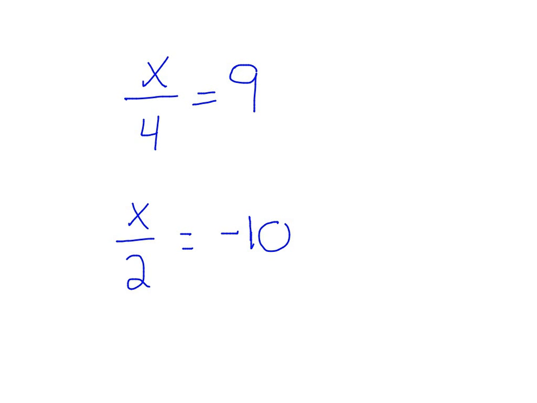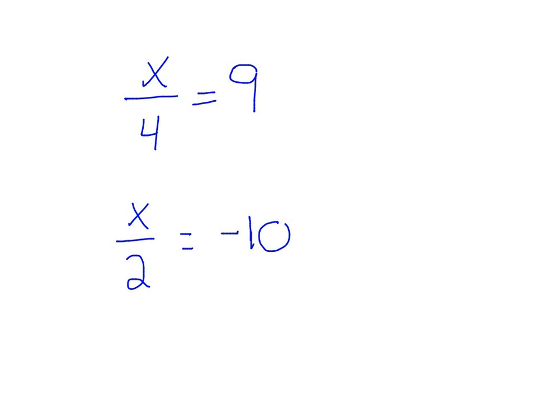Okay, pre-algebra, here are a few examples of the kind of equations you guys are doing tonight. Remember that we're always trying to get the x by itself. We're trying to isolate the variable on one side of the equation. So the way that we do that when we have division equations like these is to do the opposite of